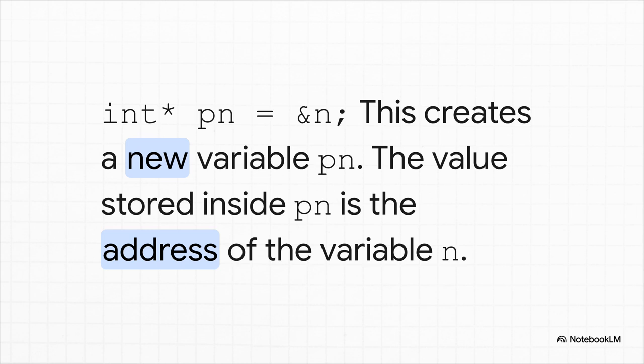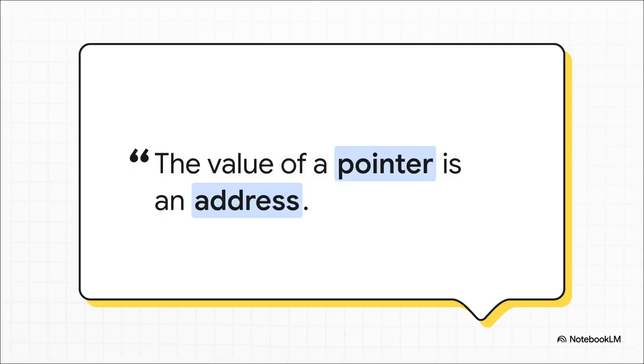It points to it. And this is the absolute key takeaway. If you remember one thing, make it this. The value of a pointer is an address. That's it. A regular variable, our house, holds data. A pointer, our signpost, holds a location. It's a locator. It's a map marker in our digital city that says the thing you're looking for, it's over